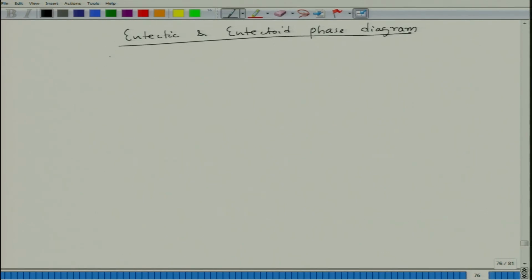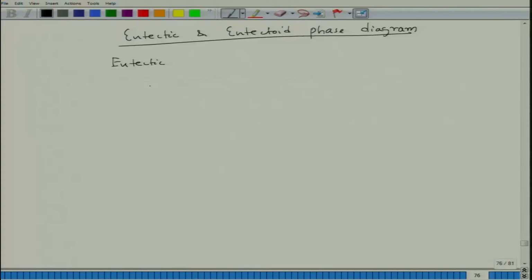Let us consider eutectic. Here also the two pure metal sides have the same crystal structure, and the resultant solution is also giving the same crystal structure. So, if we have a free energy composition situation like this, let us say this is 0, and the temperature is less than Tm B and less than Tm A,